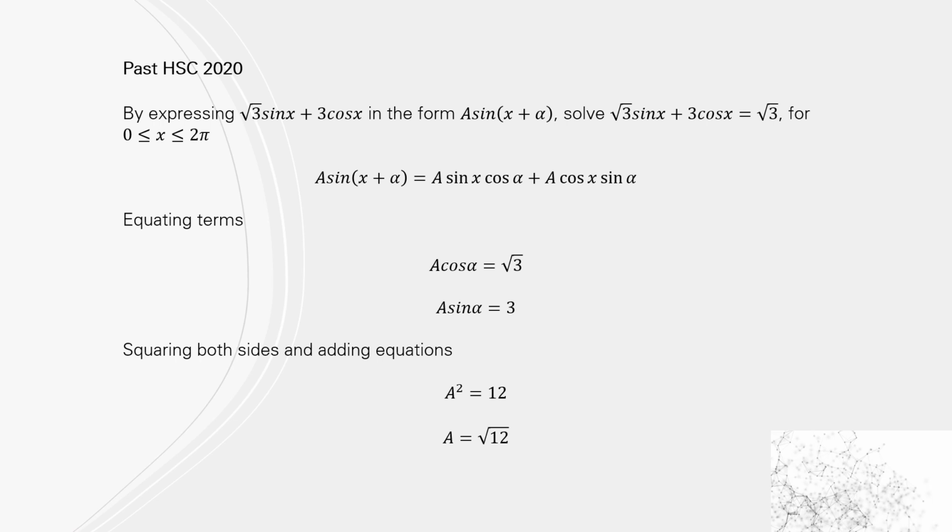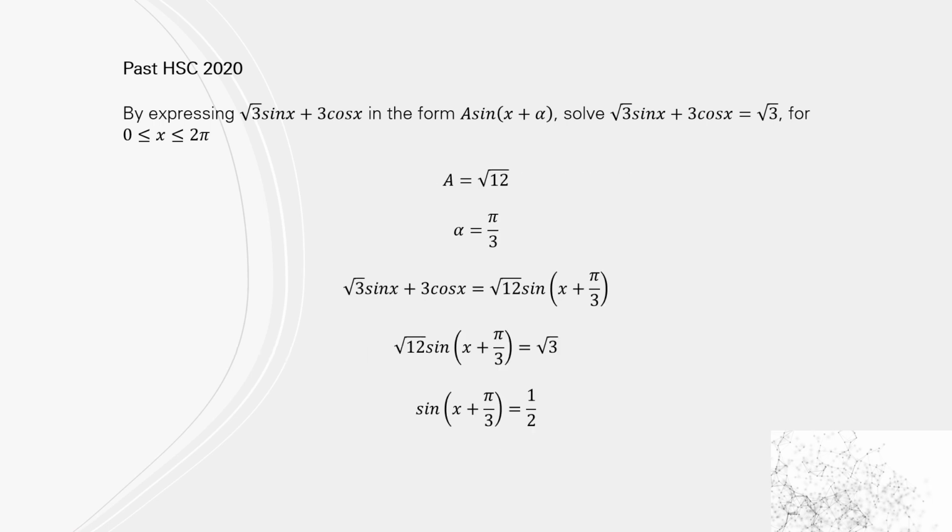Squaring both sides, you get a equals square root of 12 again. Dividing this second equation by the first, you get tan alpha equals 3 over surd 3, and alpha equals pi on 3. So therefore, surd 3 sine x plus 3 cos x, written in the form of a sine x plus alpha, is surd 12 sine x plus pi on 3. So if we replace that into the equation, then surd 12 sine x plus pi on 3 is equal to